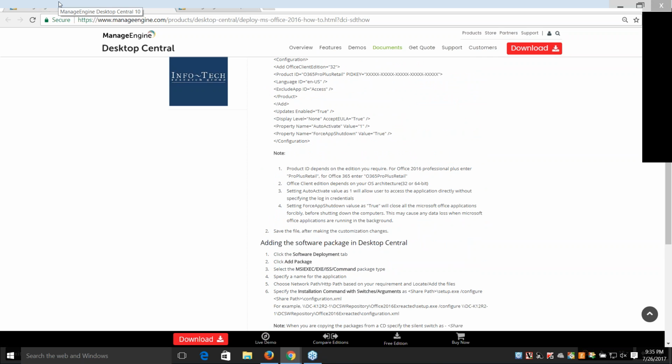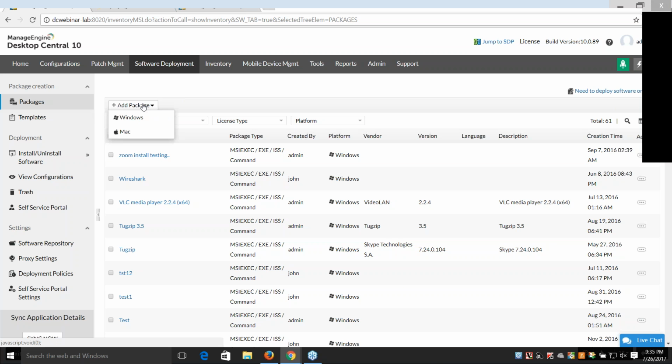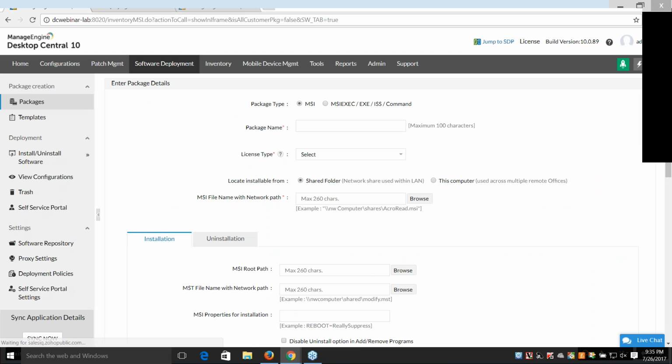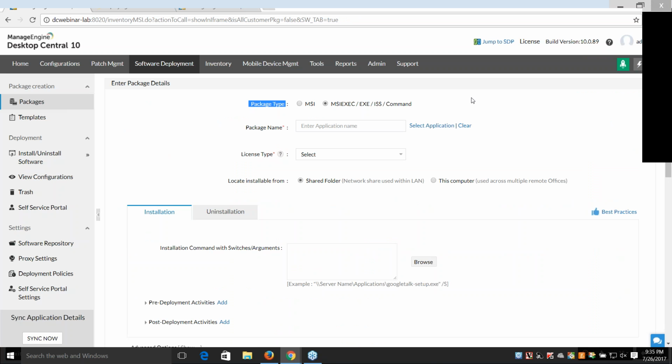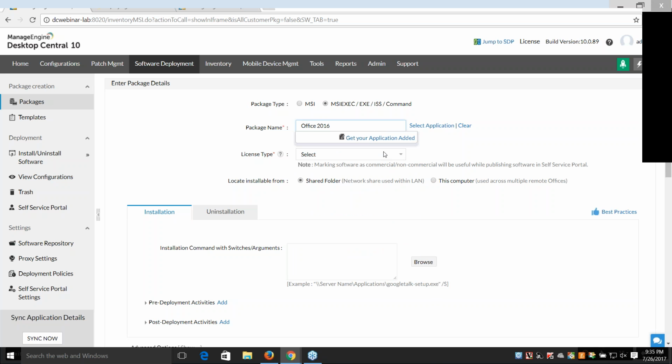Let me explain how it can be achieved using Desktop Central product. So what I have to do, I have to go to Packages, the left panel. I have Add Package for Windows and Mac, and this is a Windows application. And the package type is going to be exe because MS Office is an exe-based application. Then I will choose package name, Office 2016. And obviously, I have to choose the license type, which is a mandatory field. I will choose commercial